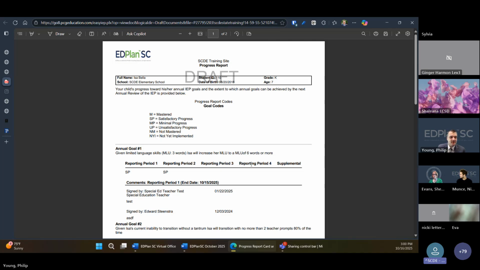The update that's coming in December is changing the way that this is formatted so that it will only print the reporting periods where comments have been made. That means you could add all of those interim reporting periods and ESY reporting periods, and as long as the teacher doesn't enter anything under those reporting periods, they're not going to print on the progress report. So in the short term, until December comes, our recommendation would be to remove those progress reporting periods so that they're not printing on the document.